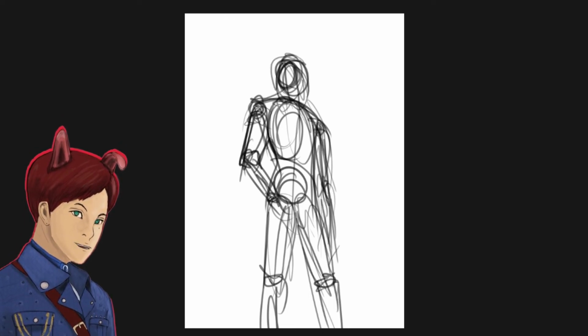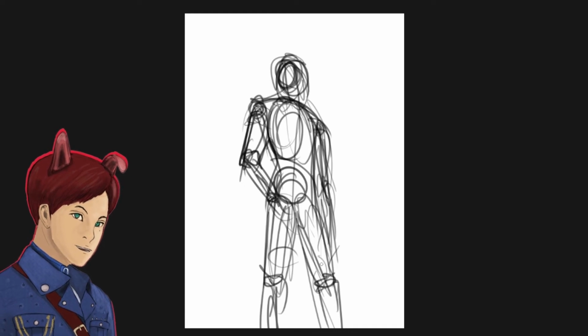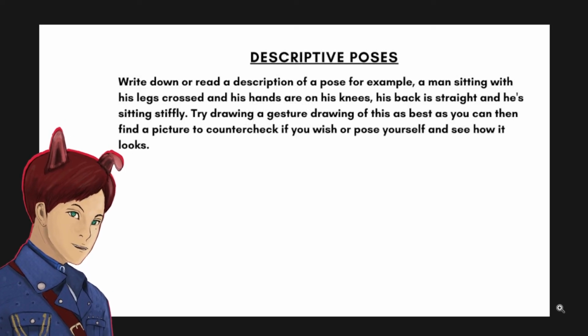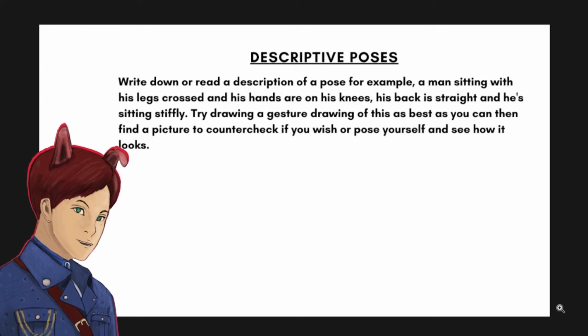But yeah, this is what I remember from the pose. It's like a hand on hips thing. Very easy one. There can be more complicated ones, but yes, this is, well, flash poses. Descriptive poses, which would help if you want to do a comic, when the art writer gives you a script,